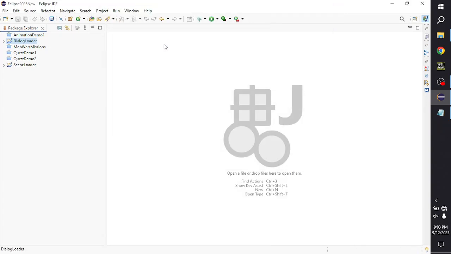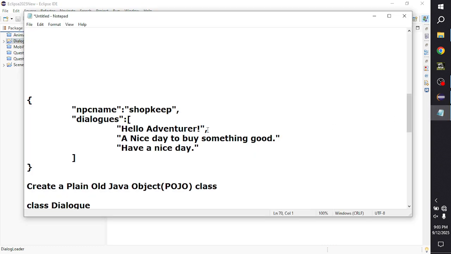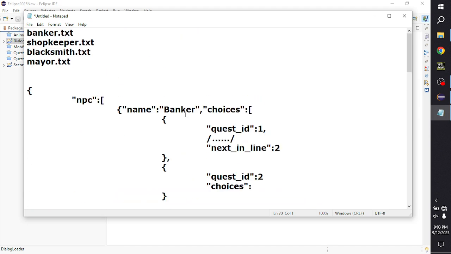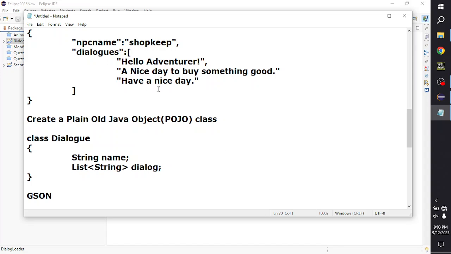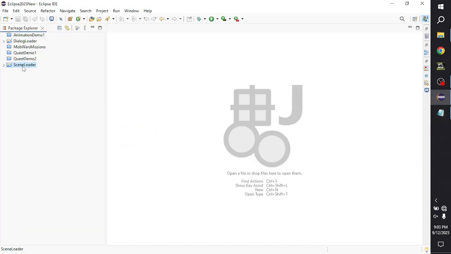Okay, this is not just for dialogues, this is for everything, but I'm just showing you how to load it. Just to have a clear understanding, I'm going to show you how to load these choices as well, but this is much more technical. So let me show you this first so that you understand how it is handled, then I'll go into the technical part. Okay, so dialog loader,